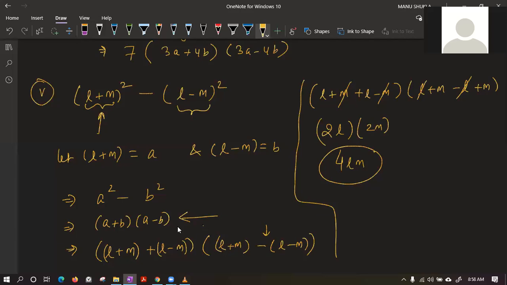So, class, in this way, we have got the answer. Sir, also in the fourth part, I am having difficulty with the power. Okay, beta, I will take the fourth part also, don't worry. First, class, tell me, in this case, are you able to understand how this substitution is easy for us? How we can substitute and make it easy?